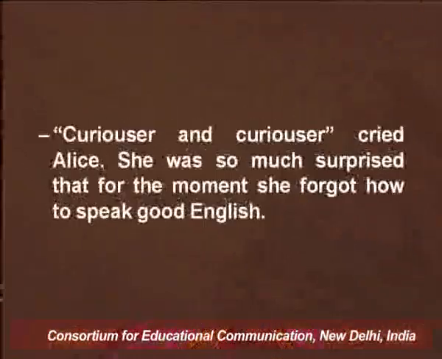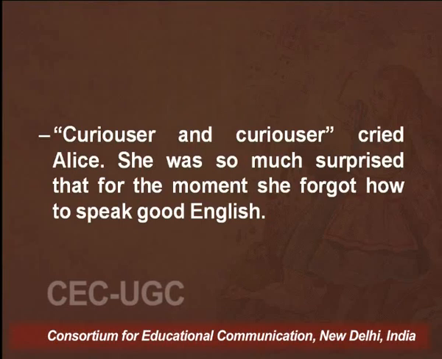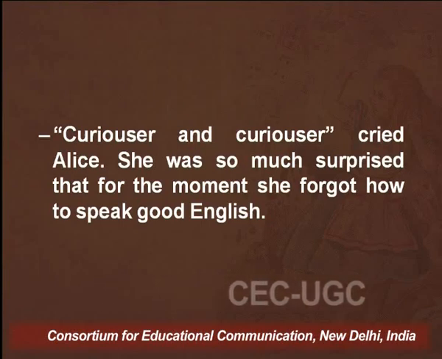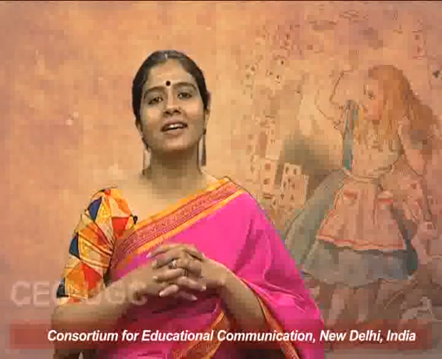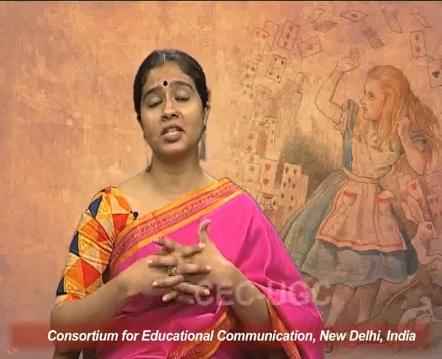At another point, she mentions, and I quote, "Curiouser and curiouser," cried Alice. She was so much surprised that for the moment she forgot how to speak good English. Now again, what is happening? This is a second instance where Alice completely inverts or distorts the word. Now, is there a word such as curiouser? Of course not. In actual English, in dictionary verifiable English, we have the word curious, we have the word curiosity, but we do not have the word curiouser, right? But in the novel, she says curiouser and curiouser,